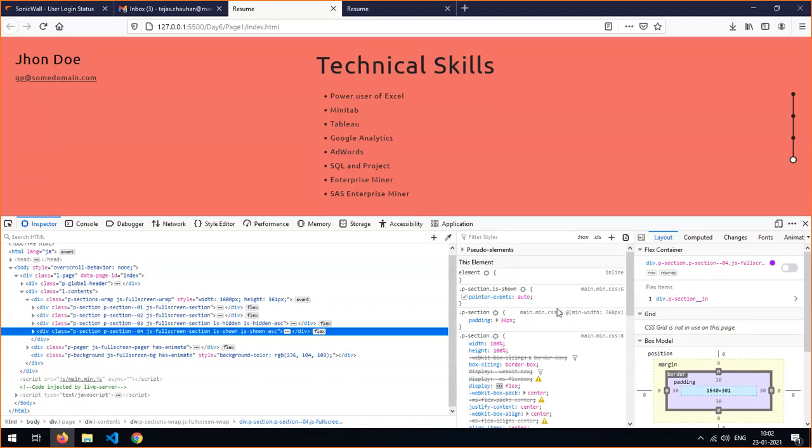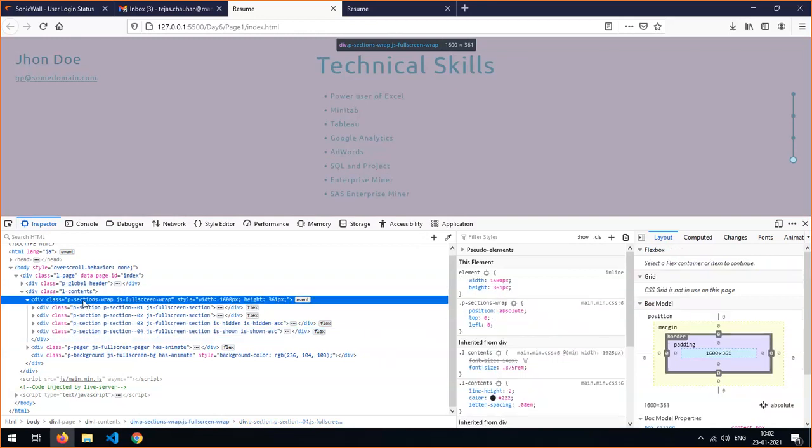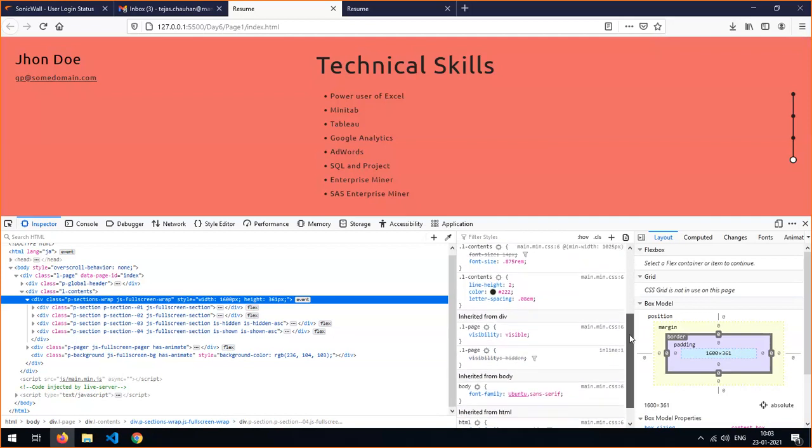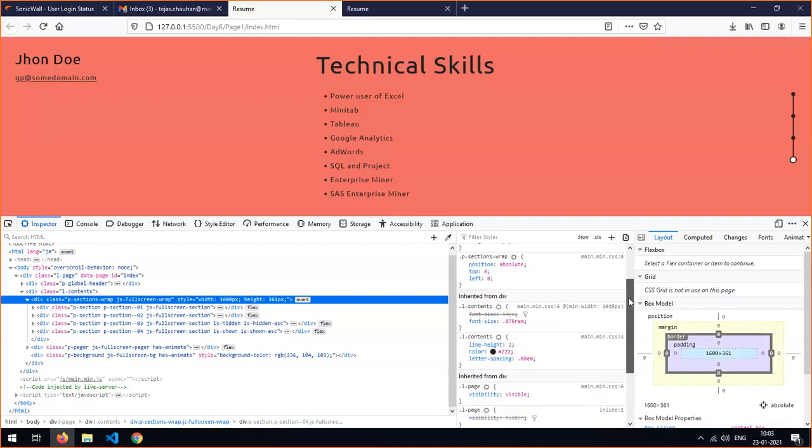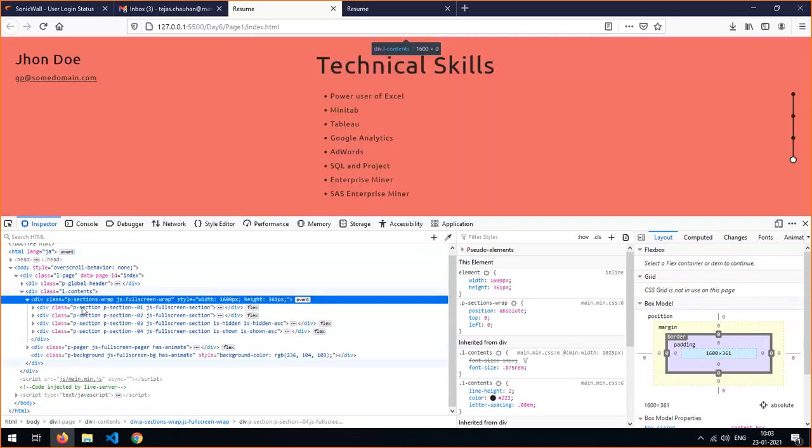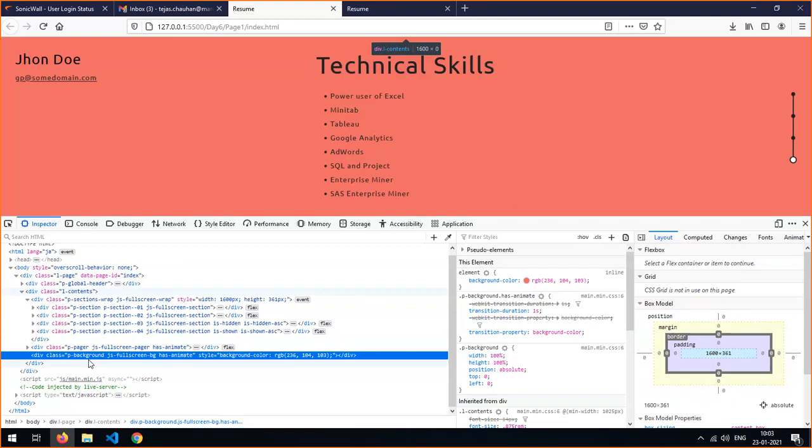So what you need to find out is when you hover on this HTML code, it will highlight your page content. The first thing we may think is maybe the P section has a background color. So click on this line and find out if there is any background color you can find in CSS. Well, there is no background color set here. Then you simply explore this entire page, and you'll come to know that there is a P background class division. This is where they set a background color, and this is the background code